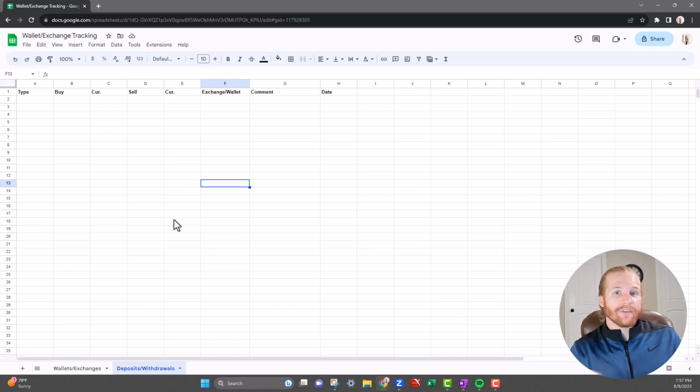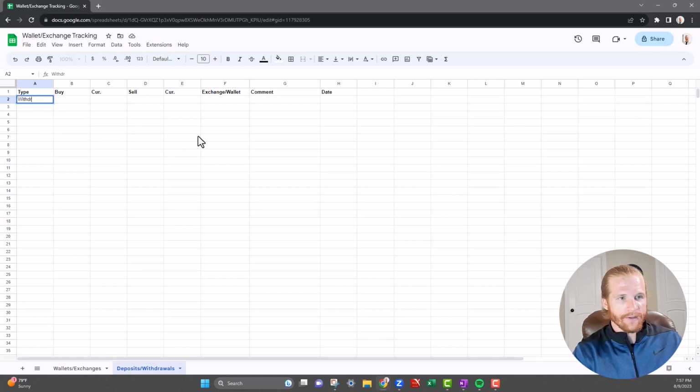Or maybe you received crypto as a payment for some service you provided to someone. Or maybe you gifted crypto out to someone. Those things aren't going to get picked up by the APIs. So it's really important to track those so that when you're going through your reconciliation process, you know exactly what that transaction is. So here, very simple, let's say I had a withdrawal of 1 ETH from my Coinbase account,